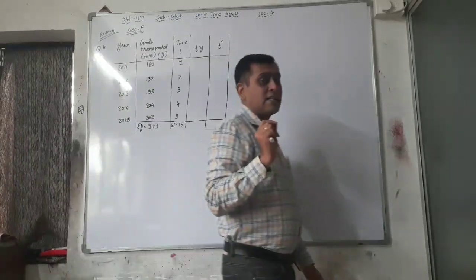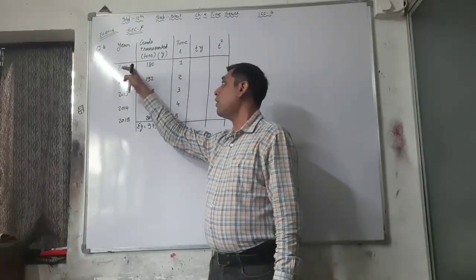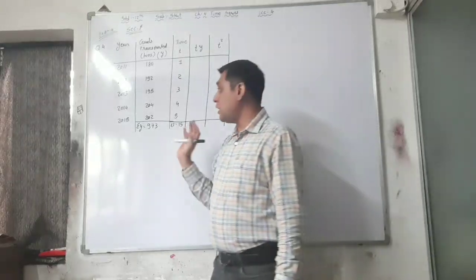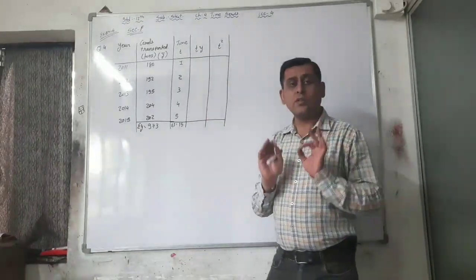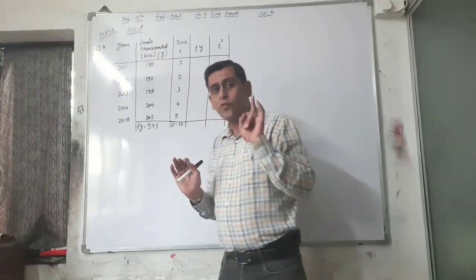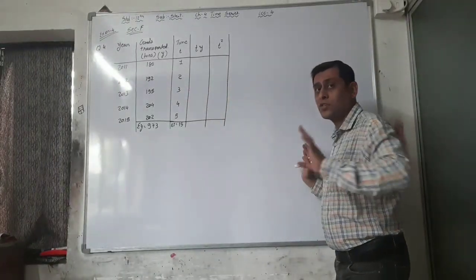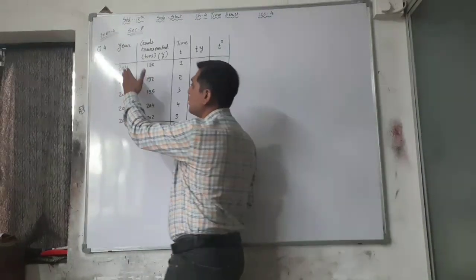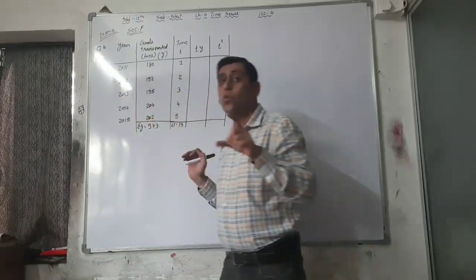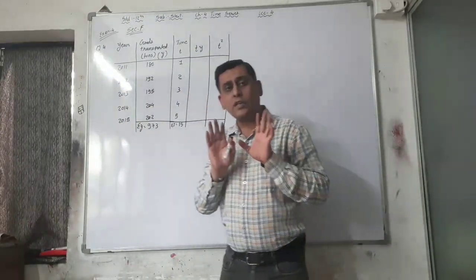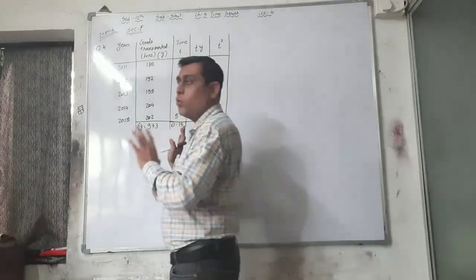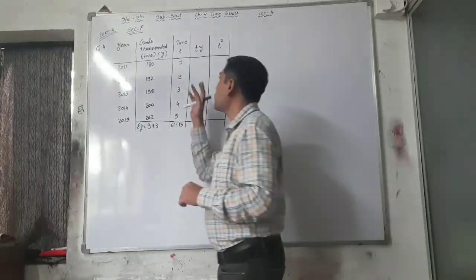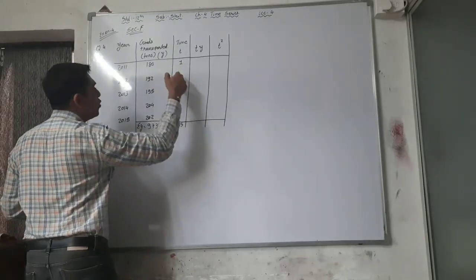See, one student asked me, if there is an unequal gap between the years, then how can we do this sum? See, this is a very easy chapter. I told you in the first lecture that this is the easiest chapter in the whole statistics syllabus, right? So in this chapter there are no questions regarding unequal gap between two years, so it is easy, don't worry. You just have to do all the sums like this only, nothing else. Don't think over it. Okay, so here time is given, that is 1 2 3 4 5.